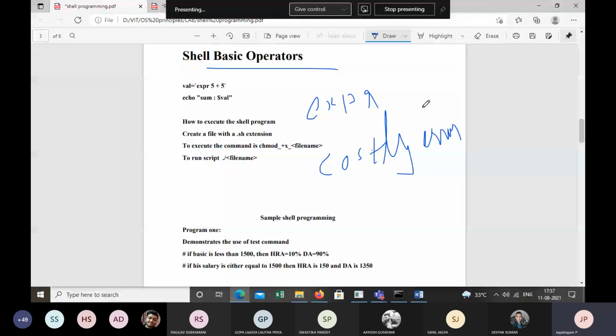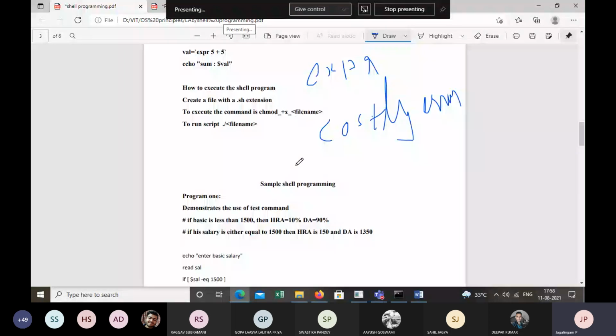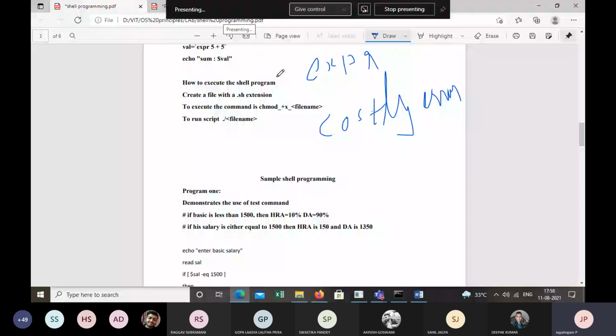Okay, fine. All right. So what is the extension of shell programming? For C, we have .c. Similar to that, what is the extension of shell programming? .sh. Good. It's .sh, right? Now, if you want to execute the shell script, the command is chmod space plus x space name of the file.